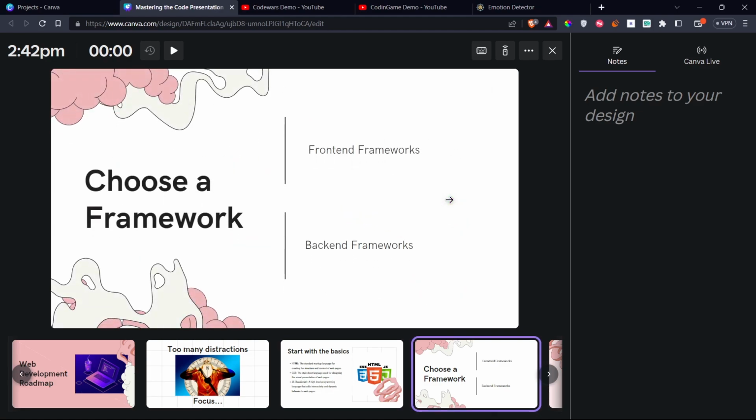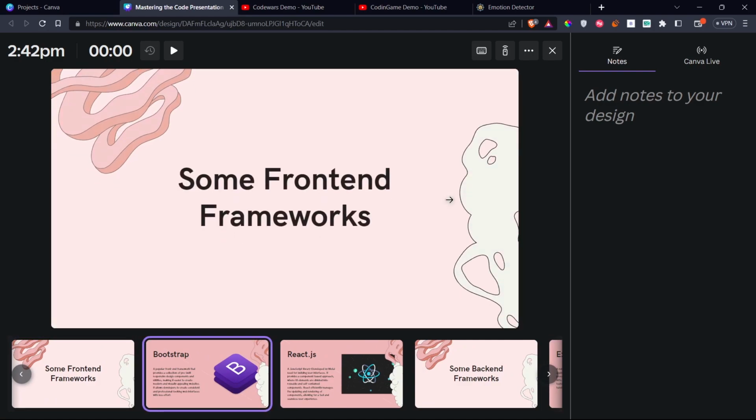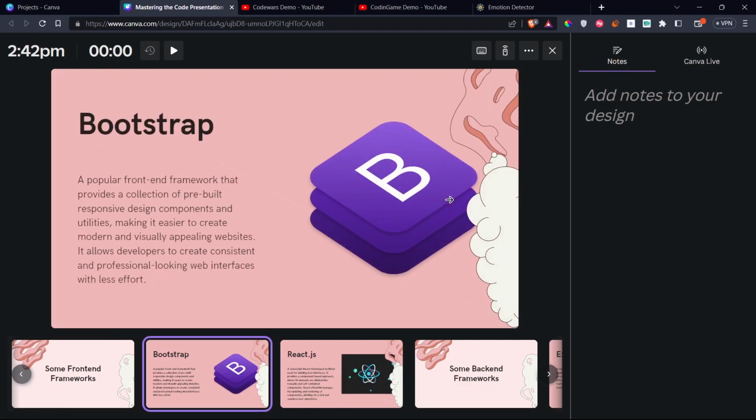Once you get the hang of the basics, you can choose to go for the front end or back end, and there are many frameworks to aid you in this process. Some popular front end frameworks, one of them is Bootstrap, which is a very beginner friendly and intuitive framework which has a set of predefined and responsive design components. So you don't have to worry about your website looking ugly on mobile and beautiful on desktop, etc. This takes care of that. It allows developers to focus on the logic while it takes care of the consistent styling.